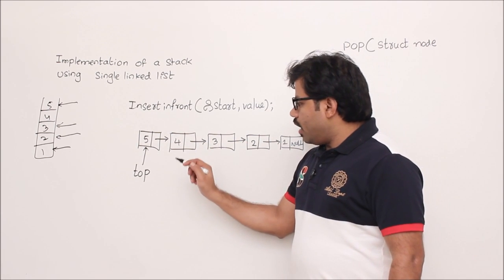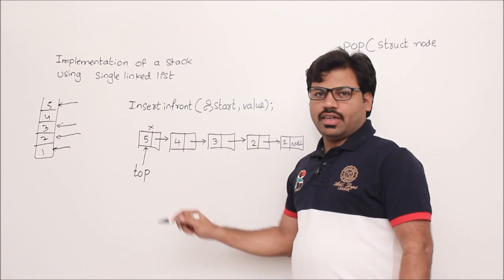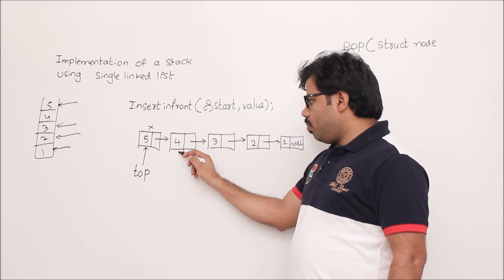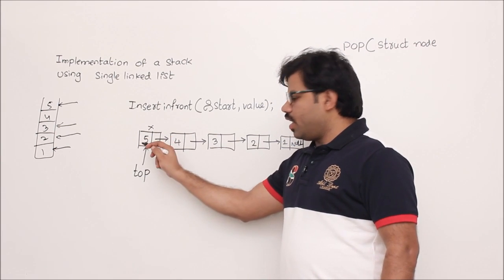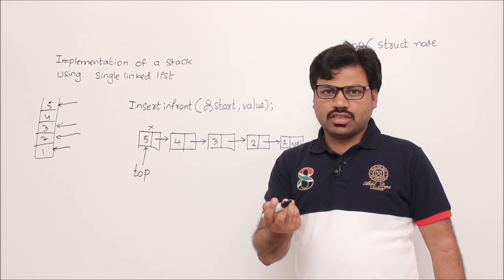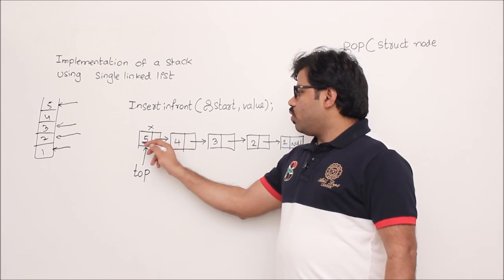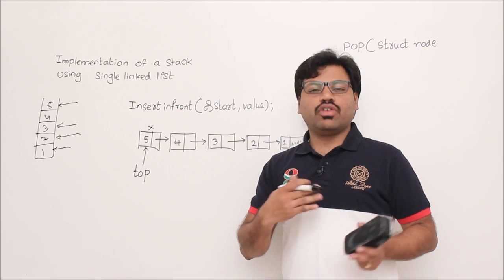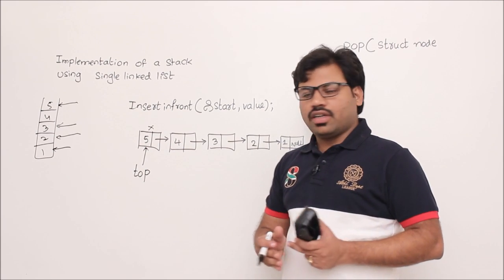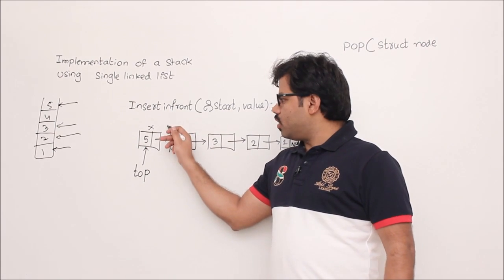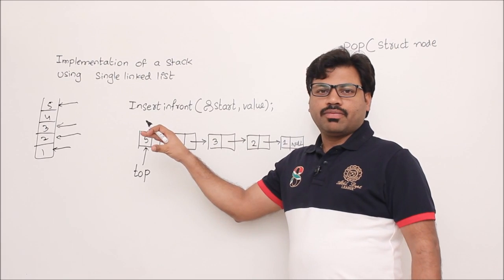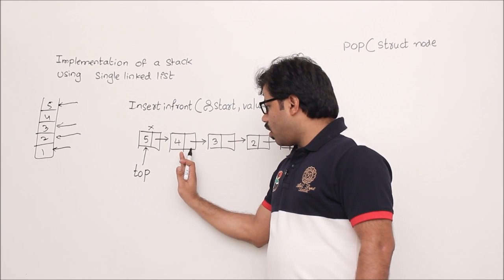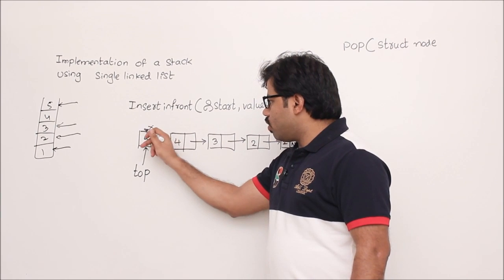Whenever we pop, what should happen is this element is to be deleted. For that I increment this top. If I just increment top and don't free it, then definitely it will be a memory leak. We should not do that, because when you don't free it, then the memory which is allocated for you will be reserved forever throughout your program execution. But at this moment you don't want this data, right? That means you are going to delete this node. Then when you really want to delete it, you have to free it. But when you increment your top, then you are no longer pointing to it.